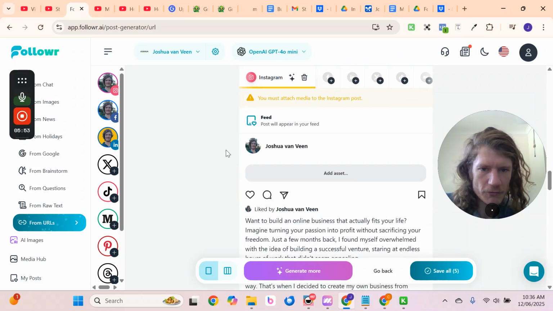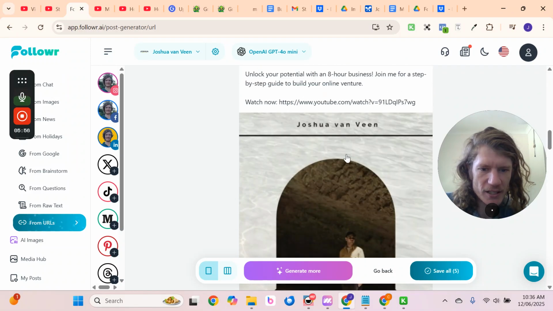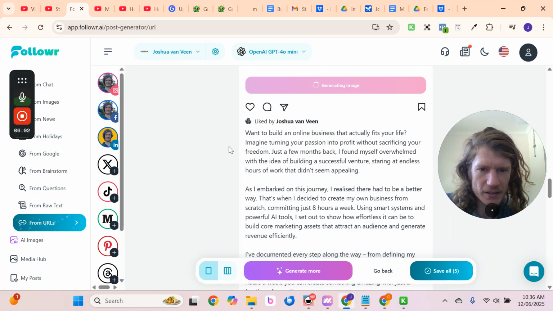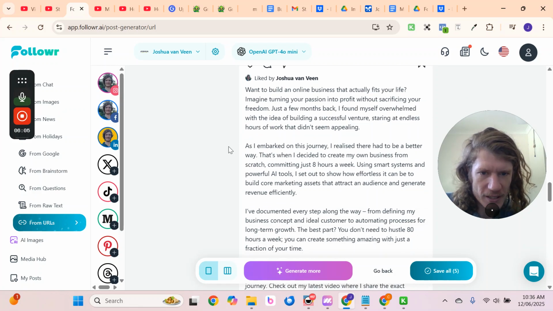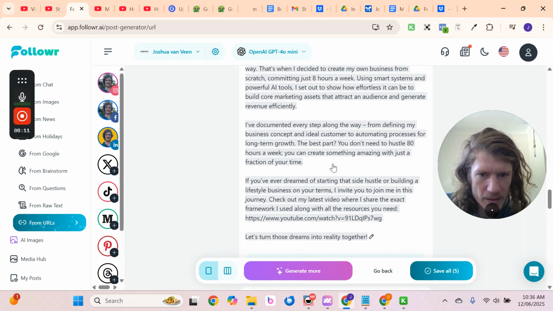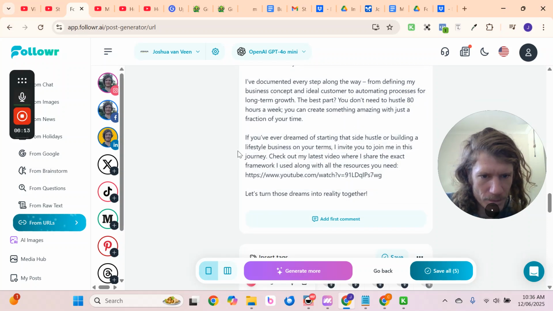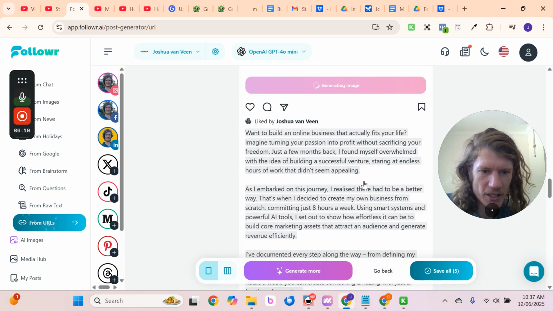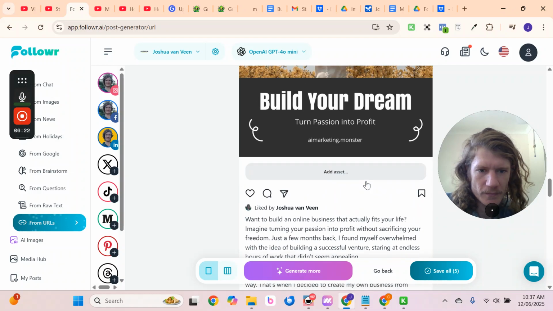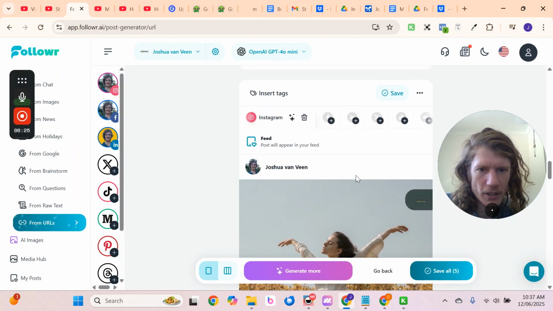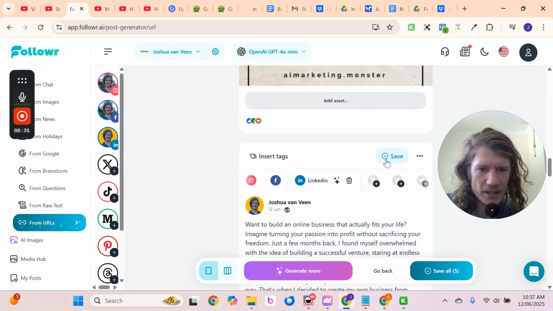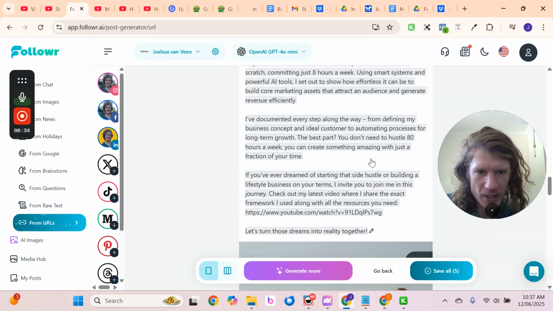And basically, you just go through and do the same. If it hasn't generated, like in this case, you're just going to get it to generate again. And just proofread it, make sure that it is on brand. So you have prompts up here in the settings that you can do to make sure that it's on brand. Yep. Okay. So it's going to generate image. Cool. And that's how easy it is to use with Follower, at least just for these kind of